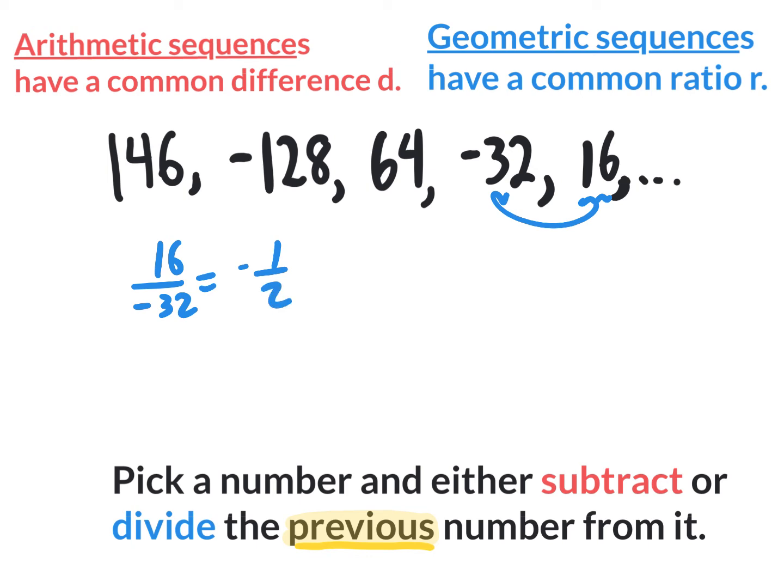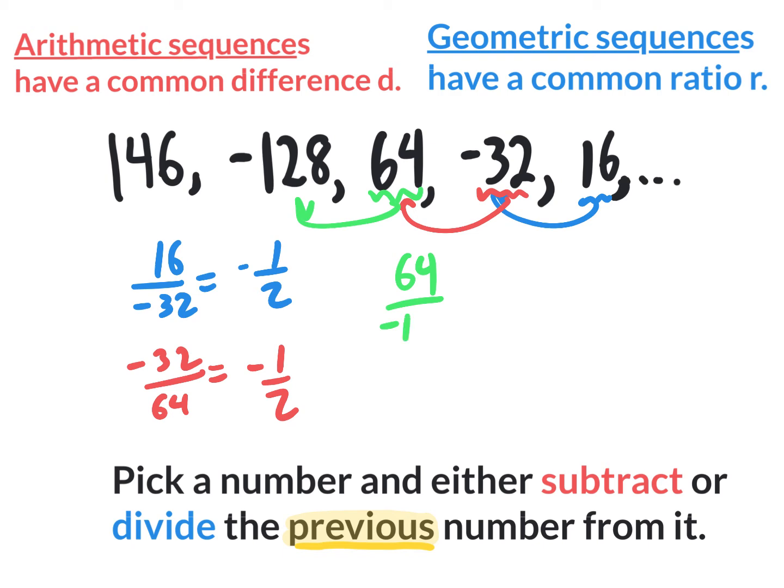Okay, what if I did negative 32 divided by positive 64? What do I get there? Negative 1/2 as well, right? What if I did 64 divided by negative 128? What do you get there? Negative 1/2. So it looks like it's a common ratio, right? So it looks like it's geometric, but